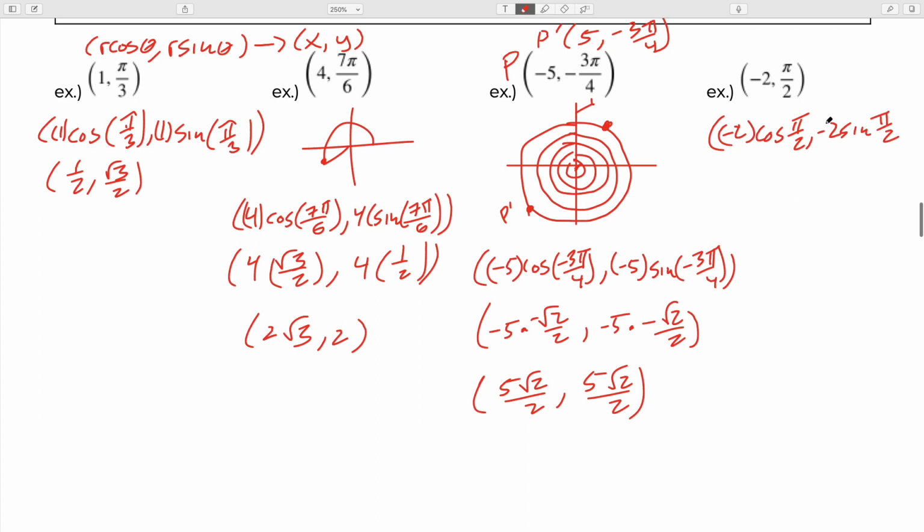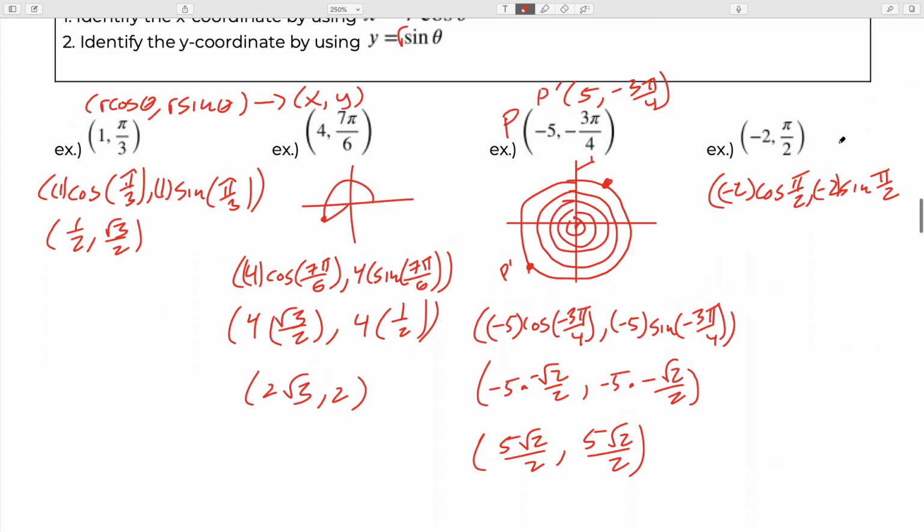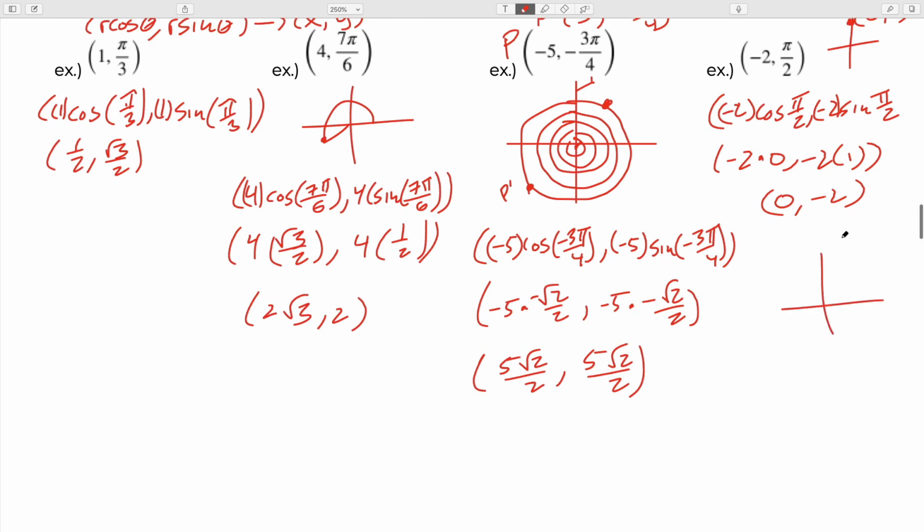Okay. And I guess I could put them in parentheses. So cosine of pi halves, if you were to graph where cosine of pi halves is, that's going to be up there. So that's going to be 0, comma 1. So this is negative 2 times 0, comma, negative 2 times 1. So therefore, this is 0, comma, negative 2. Which makes sense, right? Because if you were to plot this point, this is that point, and then you're going to go down 2 right there. So that's going to be your negative 2, pi halves, down here,